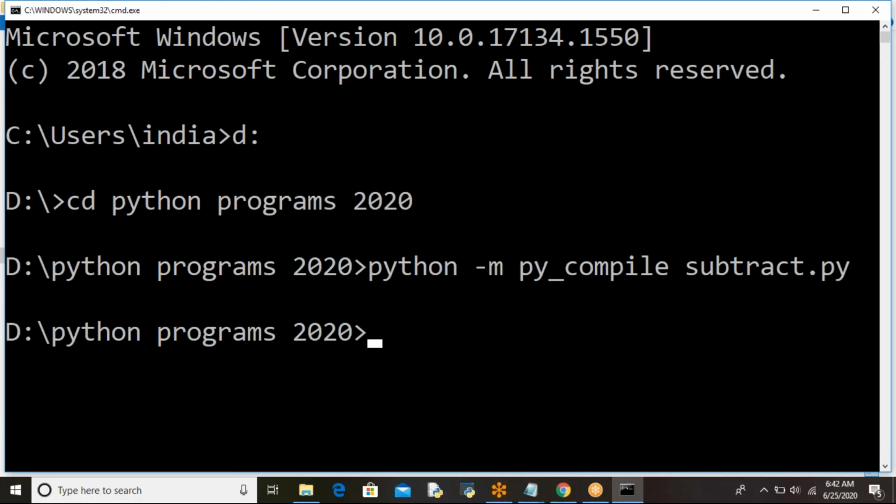Now click enter. Then the .pyc file is formed where? In this directory, Python programs 2020? Not directly. A separate folder is created, the __pycache__ folder, and there the subtract .pyc file is formed. Let's see.